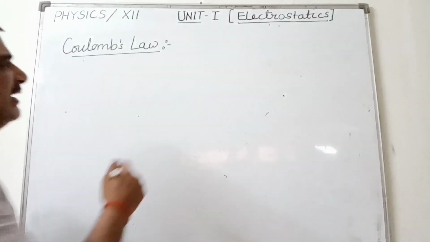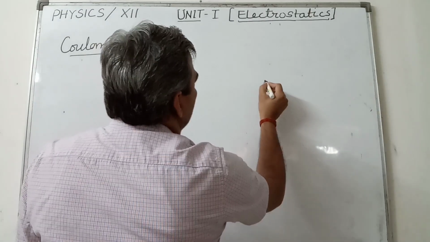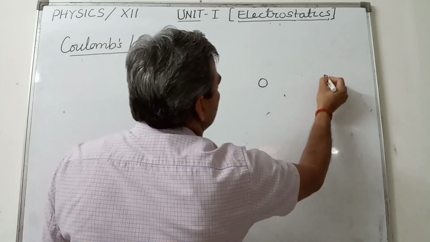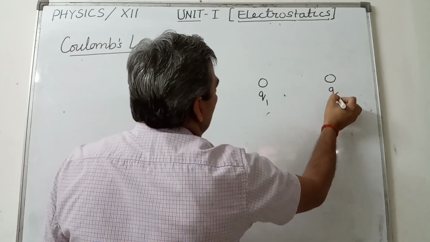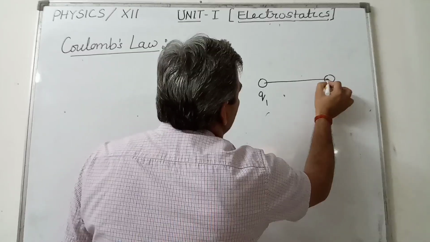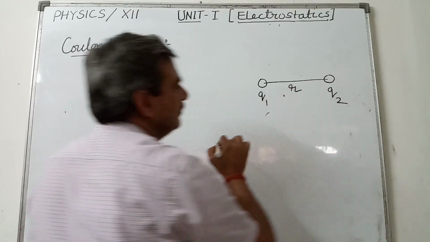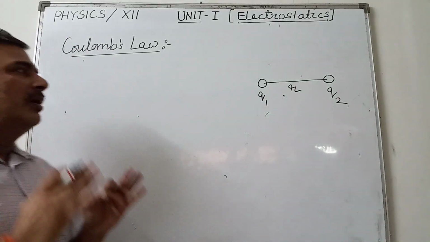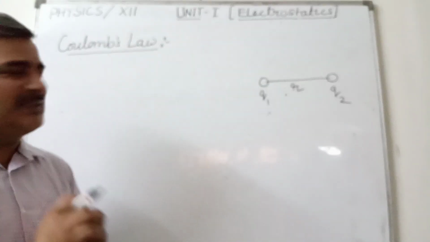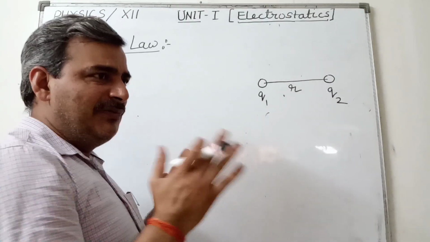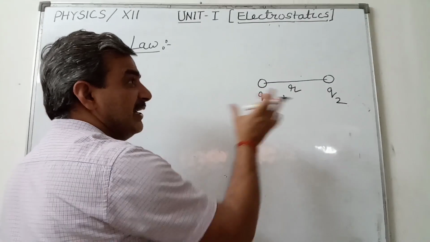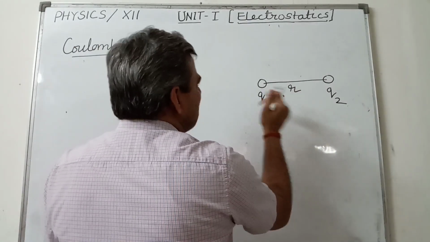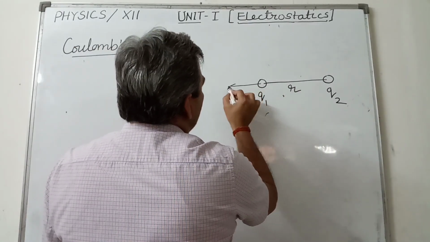Suppose you consider two charges Q1 and Q2 placed r distance apart, then there is a force between these two charges. Either the force will be repulsive or attractive, depending upon the nature of the charge. If the charges are like, the force will be repulsive,